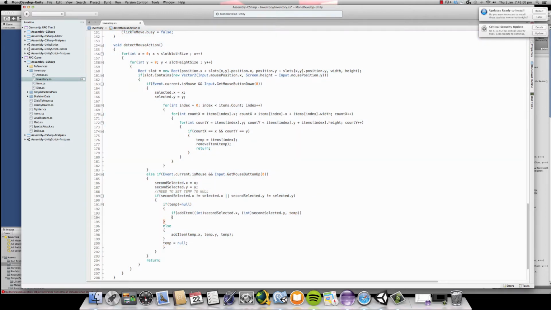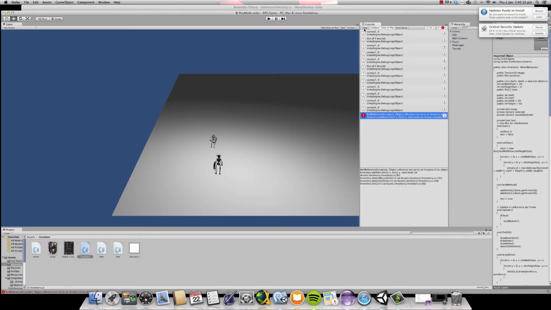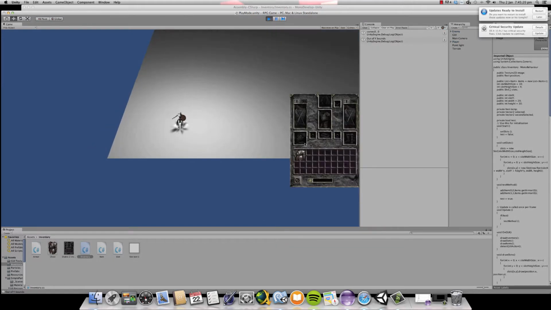And let's just indent to make it look nicer. So as you can see, if temp is not equal to null, we're going to do all this operation over here. And if it is equal to null, we're just not going to do anything, because temp is null and we have nothing to do with it. So now, as we can see, this works, and when I drag from an empty item to an empty item, it doesn't make any weird